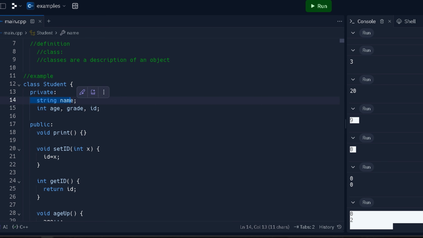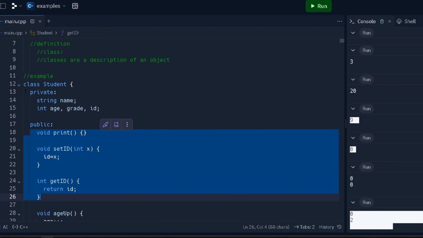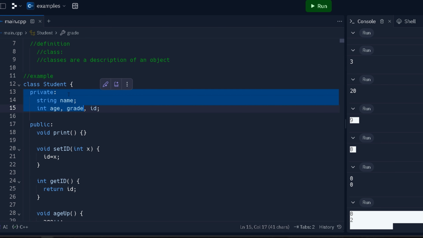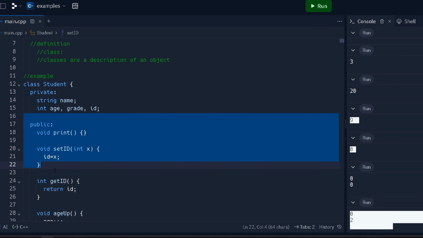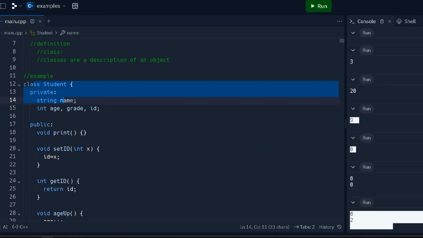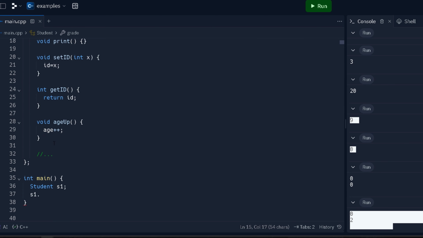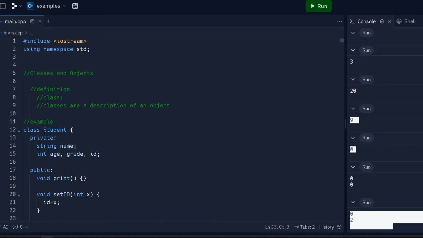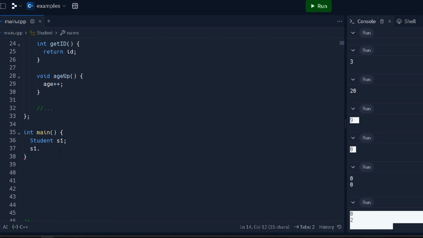These can be variables as well as methods. Typically, you'll have private methods, and these are methods that only the class can access. Only the functions inside of here will have access to these private methods. At the end of this, you're going to want to have a semicolon. You can use the class in the same CPP file as your main method if you would like, but going